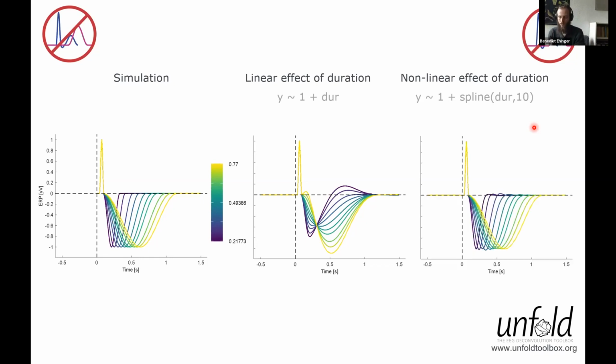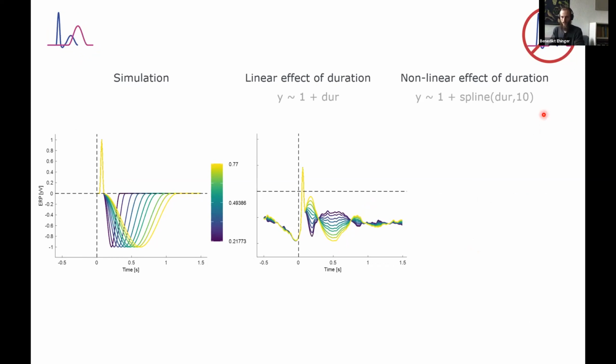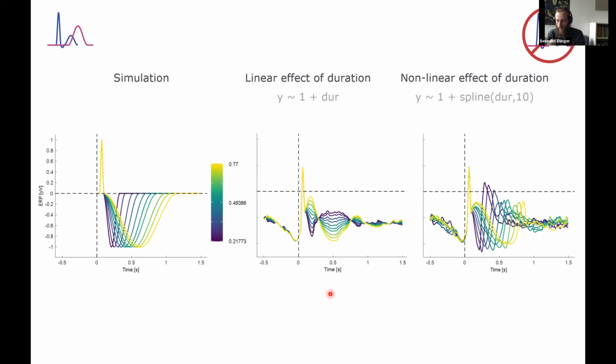And if we allow to do this, then with some artifacts here or here, we can recover the shape. So now let's have a look what happens if we add some overlap, but we're not actually modeling the overlap. Again, the linear effect doesn't look super good, maybe similar to before. Now we have a little bit more noise added. And if we do the spline effect, but we are not actually modeling the overlap, then, well, we get something